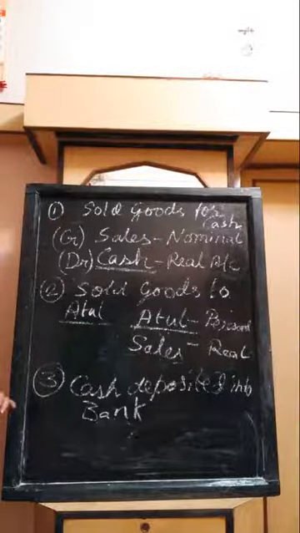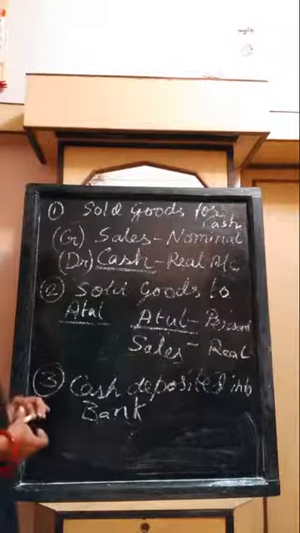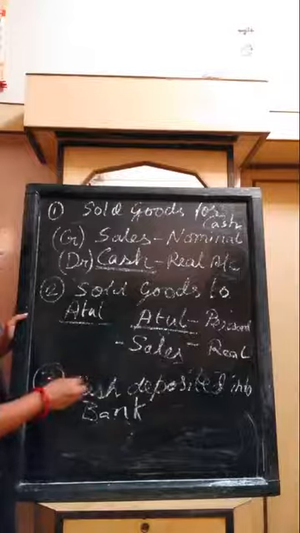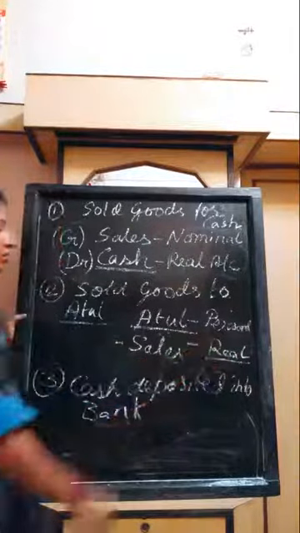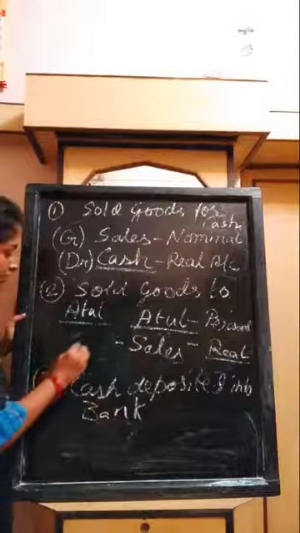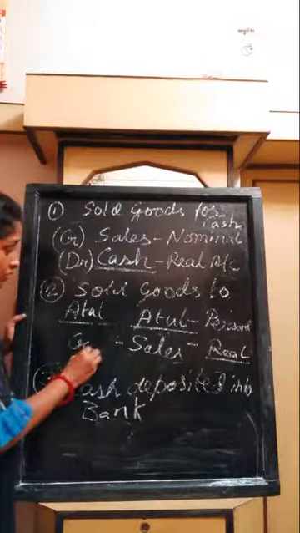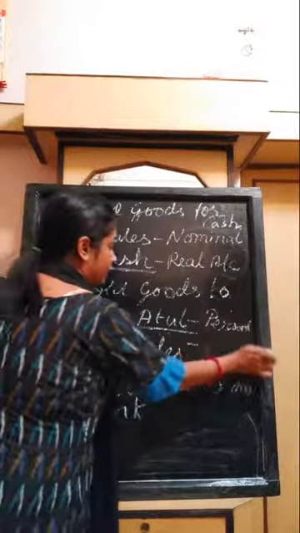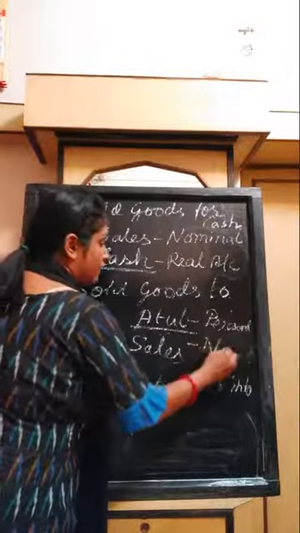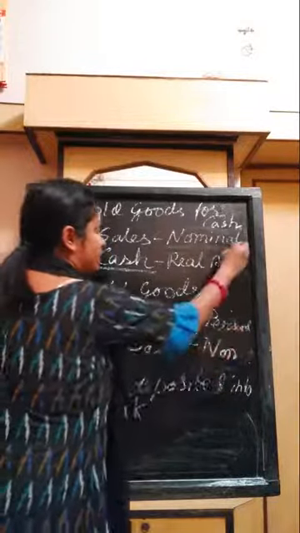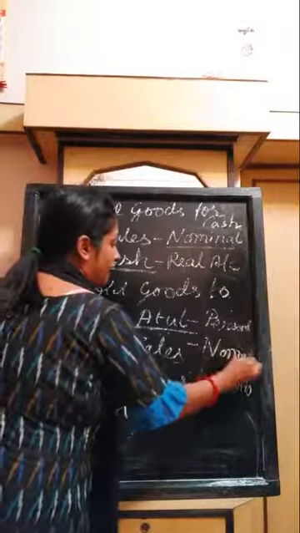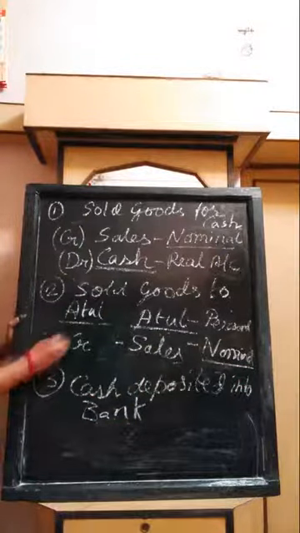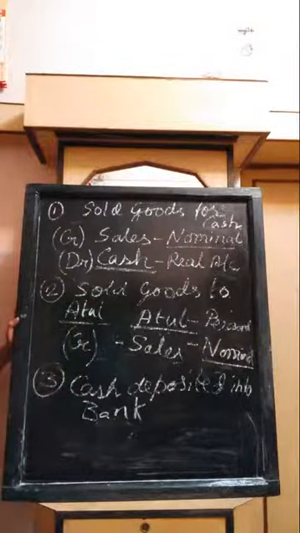So following the rule here, sales is an income, sales is real account, so it will be credit because, sales is not a real account. I have made a mistake over here. It will be a nominal account. Sorry, here I have written nominal account. Sales is a nominal account, and according to the rule of the nominal account, all the income will be credited. That's why it is a credit.